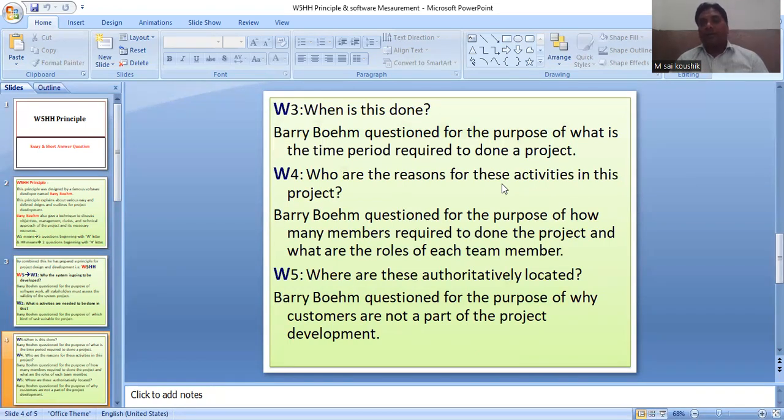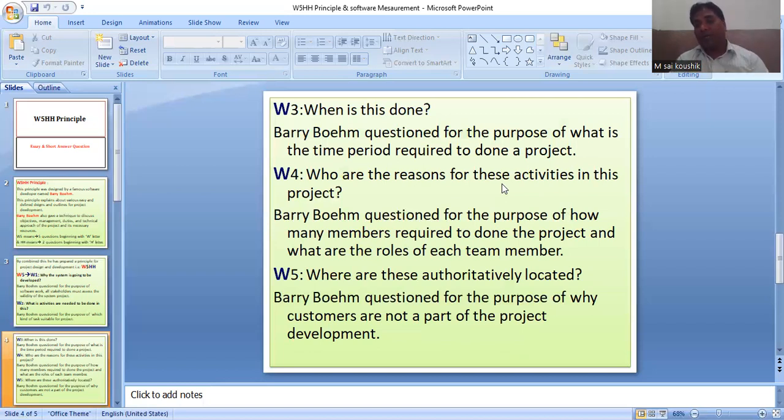Every software will take some time. A big project, big software taken by a single person, takes a lot of time. The same big project taken by 5 members takes a little less time. Means you have to put the question: how much time will be required to complete my software?